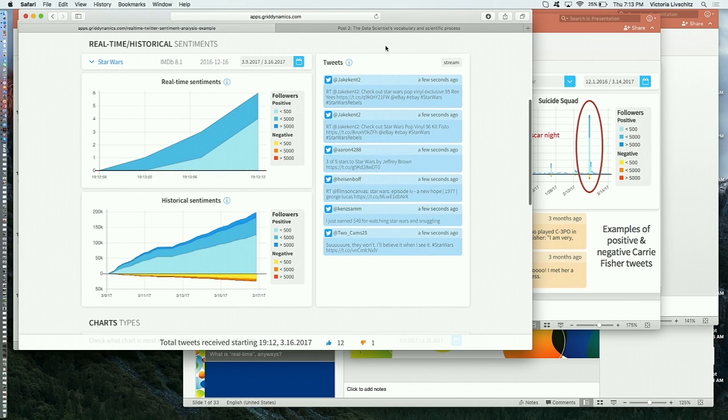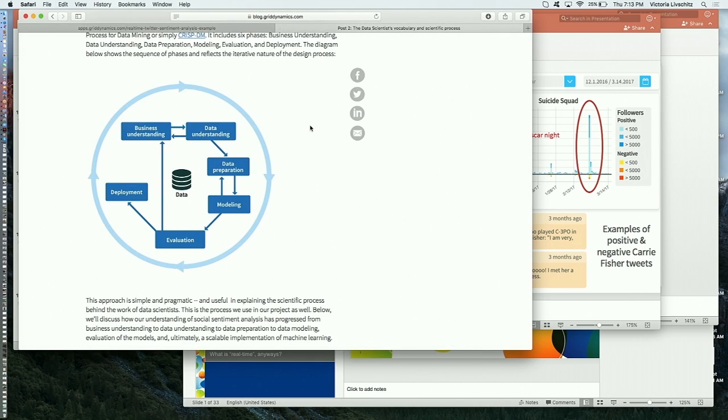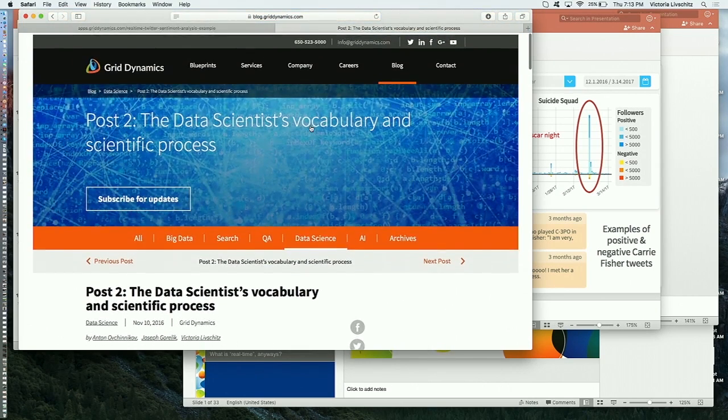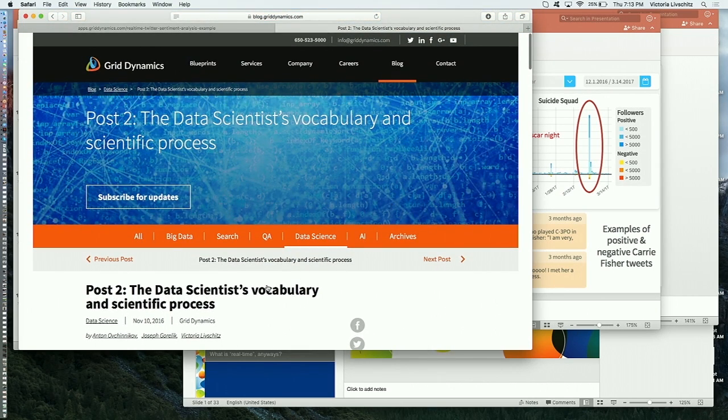The last thing that I wanted to do today is show you just a little bit of our blog. Because all of this is just a highlight, but in the blogs, we really put all the content where we document how all that stuff works under the cover. So for example, this is our blog, and we have series of blogs on big data, and some on search, and some on data sciences. We're starting to write about AI and chatbots and other fun things like that. But for example, under data sciences,